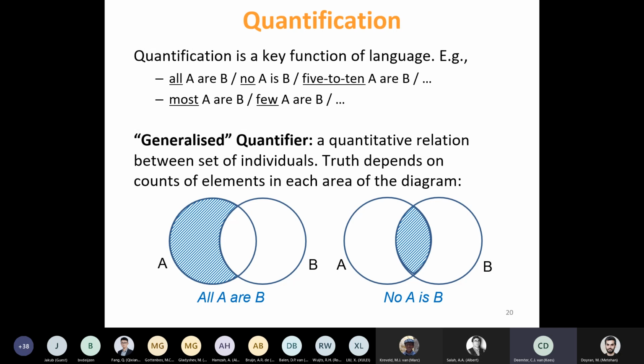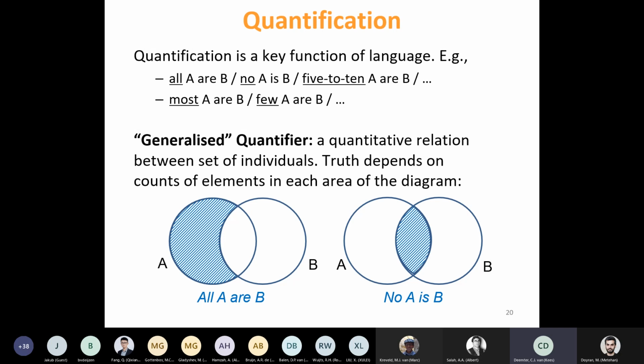So what is quantification? Most of you know very well what I'm talking about. I start with some examples. All A's are B's, no A's are B's, etc., right? All of these are neatly expressible in something like first order logic, for example. But equally, there are ones that aren't expressible in that way, such as most, few, etc.